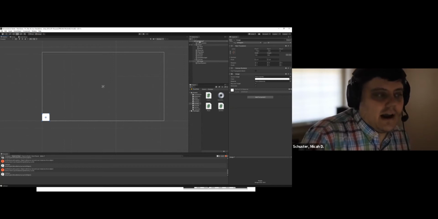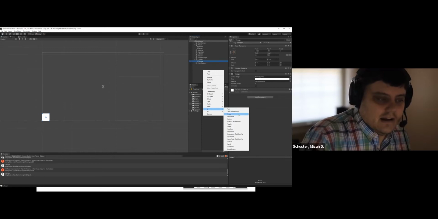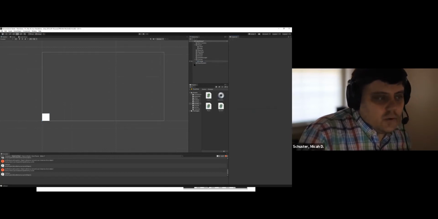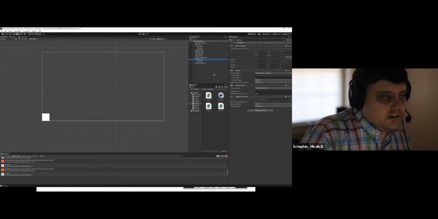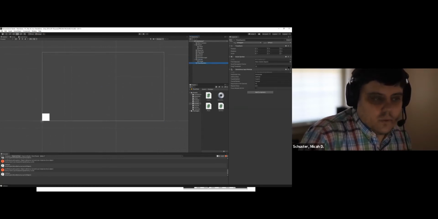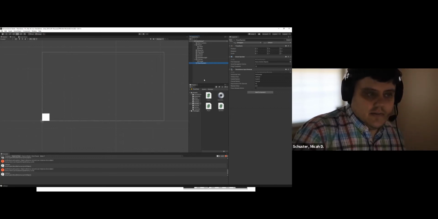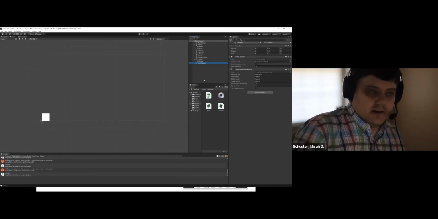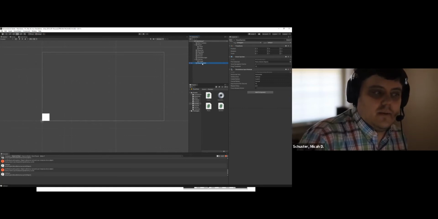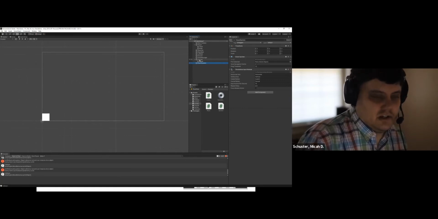So Gabe, I right-clicked in the hierarchy. So in the hierarchy, I right-clicked, UI, image. So the first time you do this, it automatically creates the canvas for you. If I highlight the canvas in the hierarchy, you can see that it highlights all the edges here and puts a little thing here in the center. It also creates this event system. We don't have to mess with this. This is what allows the buttons to work properly that we're going to make. But for the most part, you don't have to worry about changing any information in the event system. It's just something that has to be there